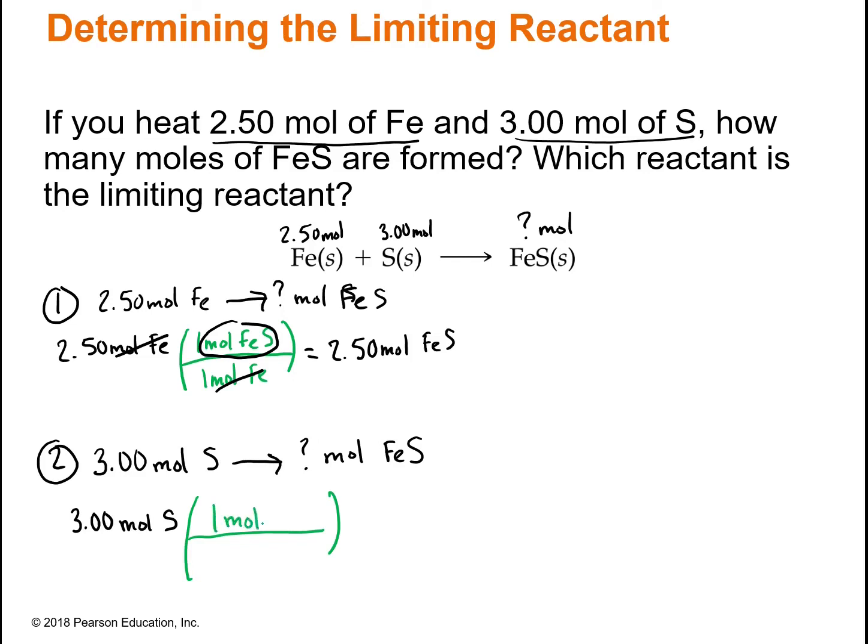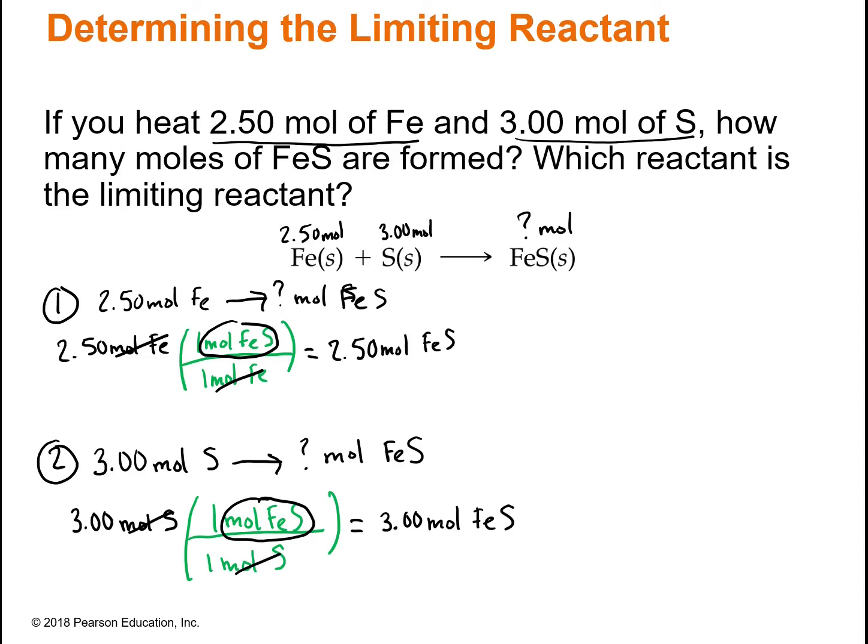It's going to look pretty similar to the one that we just wrote. So if we had 3 moles of sulfur and all the iron in the world, we could make 3 moles of iron 2 sulfide. Now let's come back to reality, because what we're really doing